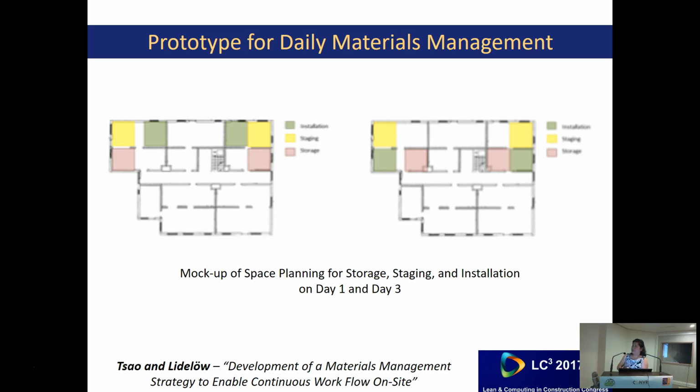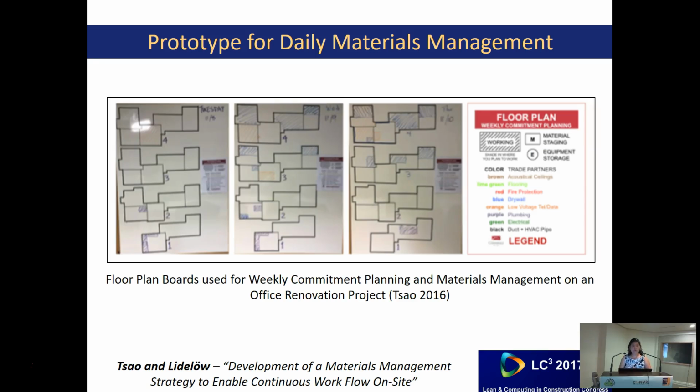Helena helped develop this sort of chart to identify, well, we need to make a distinction between where we are storing our materials, where we stage the materials, how we are shaking it out, and where we are finally installing, for instance. And meanwhile, on some of my other project teams, I'm working with them on managing daily work planning. We also do material staging. I'm trying to help project teams understand equipment storage, etc. So we have a lot of